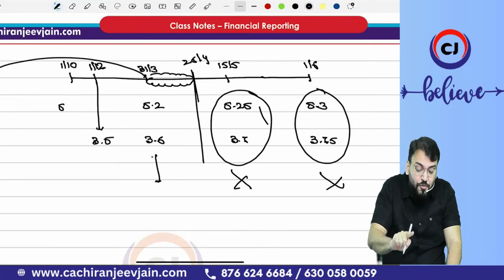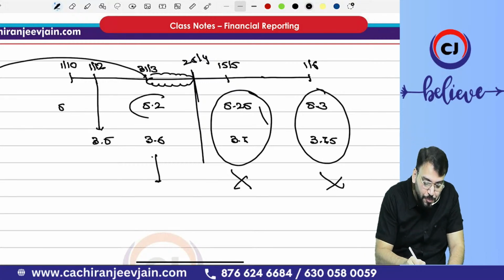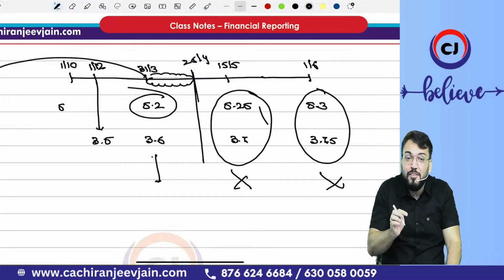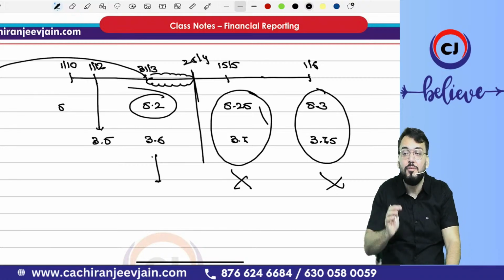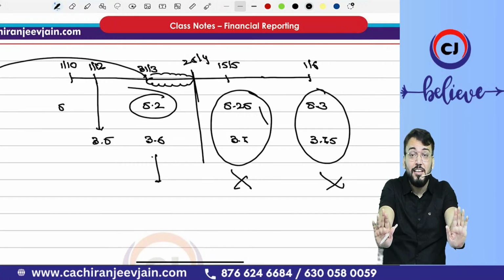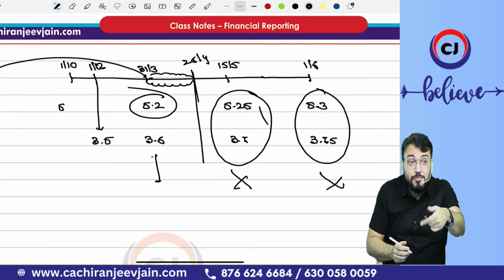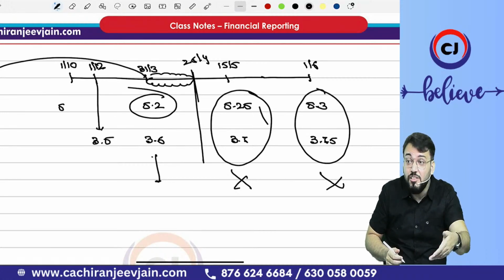5.2 crore, or 5.2 minus 3.6. So we should create a provision of 5.2 crore and we should create a reimbursement asset of, no, wait, one second. I said you should create a reimbursement asset. You said 3.6, wrong. First say, ask me, sir, whether it is virtually certain